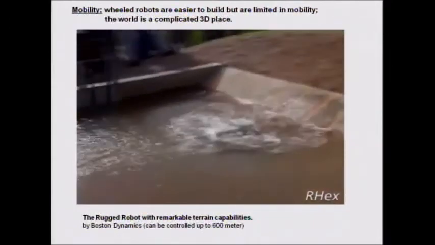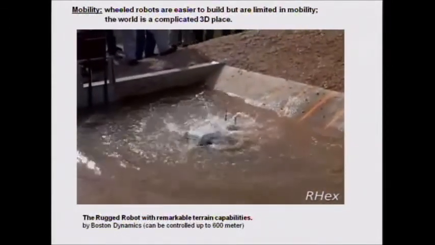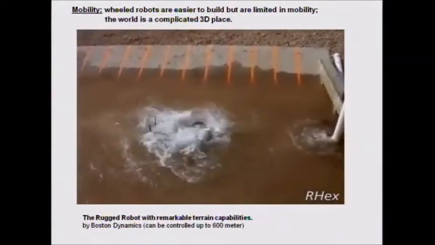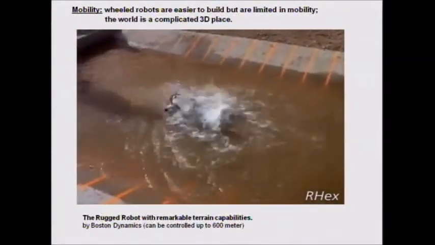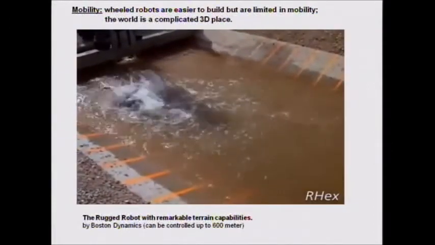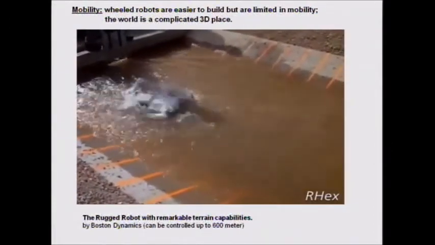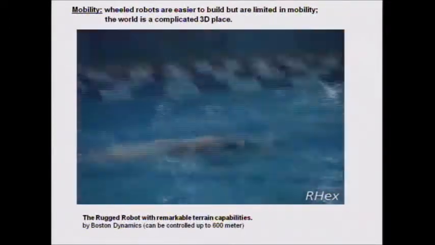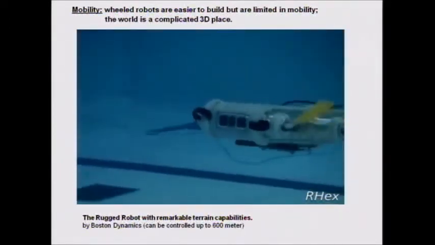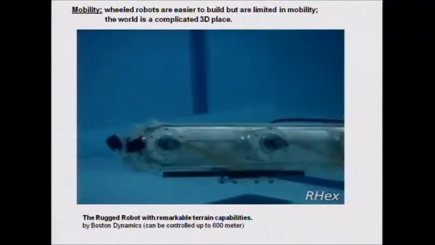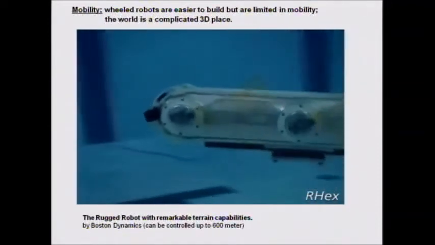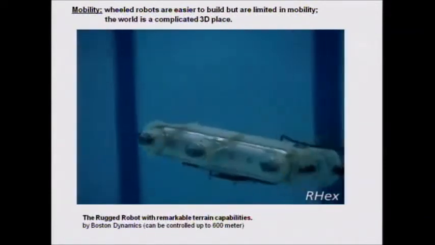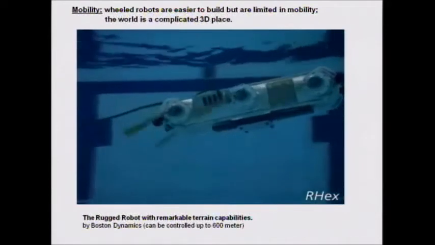And this one jumps in the water, and you can actually control this robot from 600 meters. And it does backward swimming as well. That's interesting. This version I wanted to show you to give credit to McGill University that they built that one. And this one does the same thing, and it can rotate and swim and all those fancy stuff that you like to see.